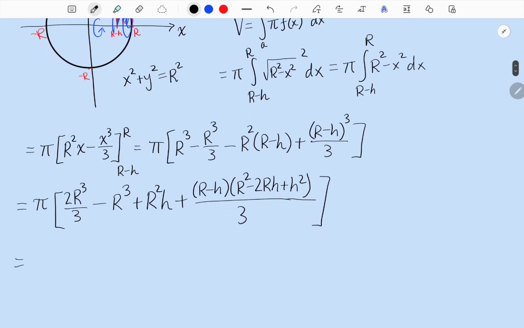And then distributing, actually if I combine these, this will be minus r cubed over 3 plus r squared h, plus distributing this, I should get r cubed minus 3r squared h, and then it should be